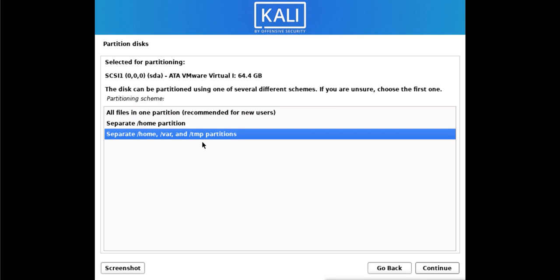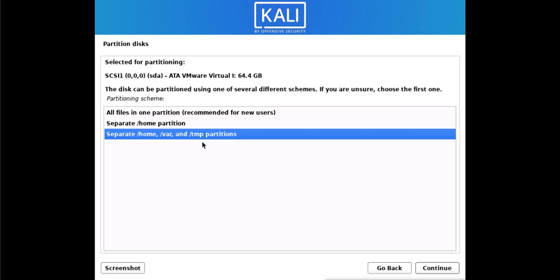One partition will be on slash, so everything will go to slash except these three directories. Whatever data we put into these three directories, they will go to separate partition. Home partition is for users. Var partition is the variable data. Variable data is basically the database kind of directory where you will have email database, web server database, and even the SQL database. All the database kind of data goes to this var directory. So if you are having some database kind of services you want to run in this Linux system, you can create separate var directory.